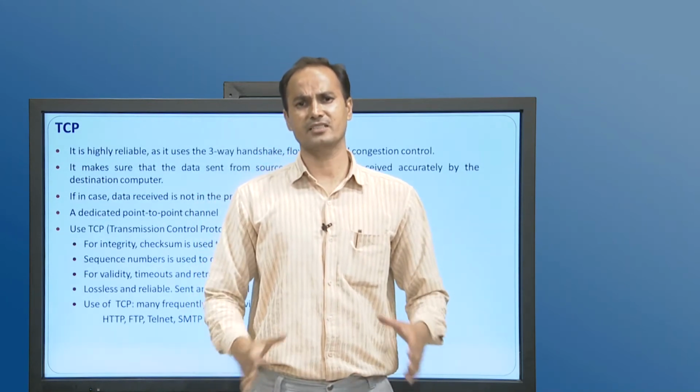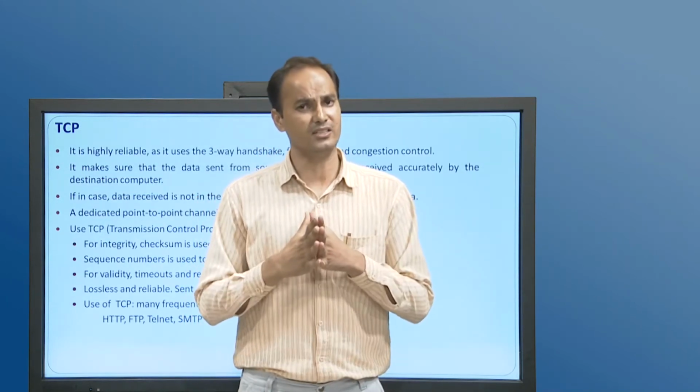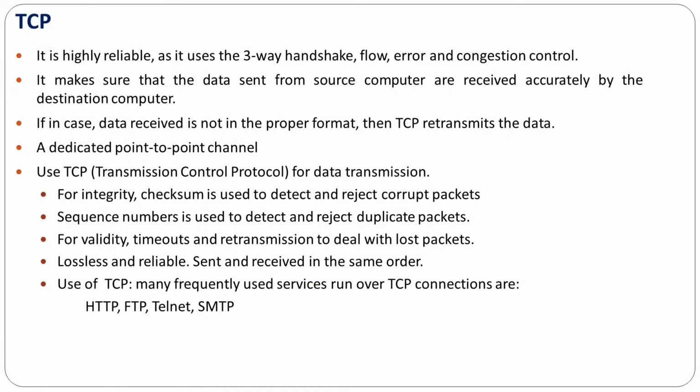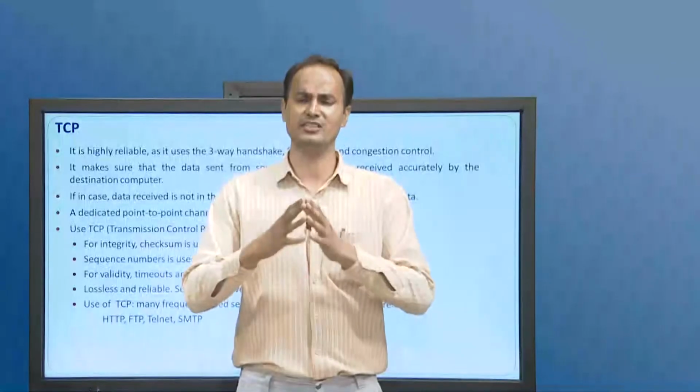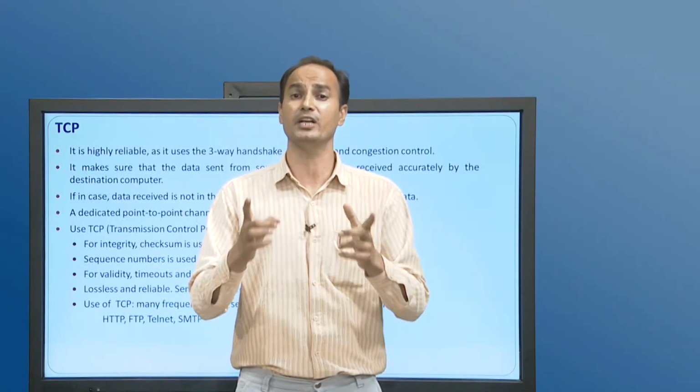Now when we are talking about networking in Java, TCP and UDP are two concepts very important to understand, because we will program using these two things, TCP programming and UDP programming. So what is TCP and what is UDP? TCP is Transmission Control Protocol and UDP is User Datagram Protocol. First we will discuss TCP. TCP is a connection oriented protocol.